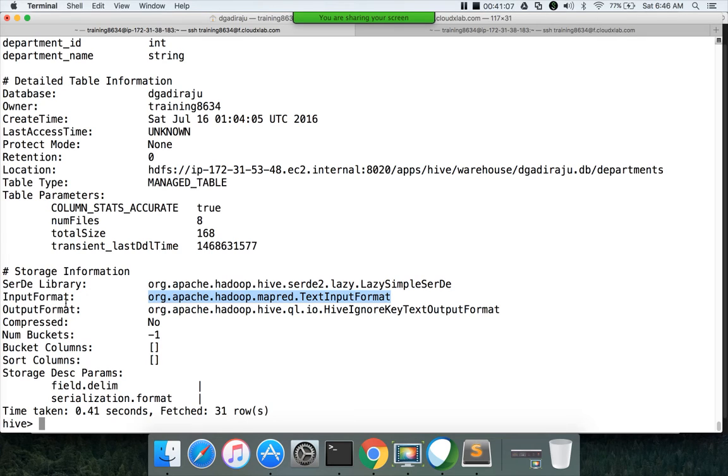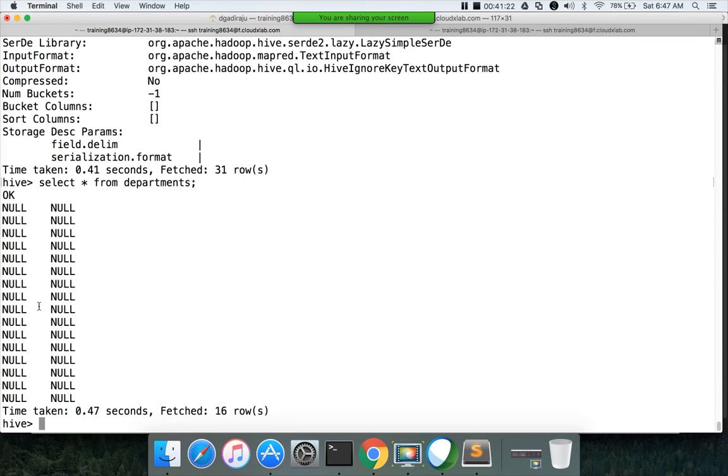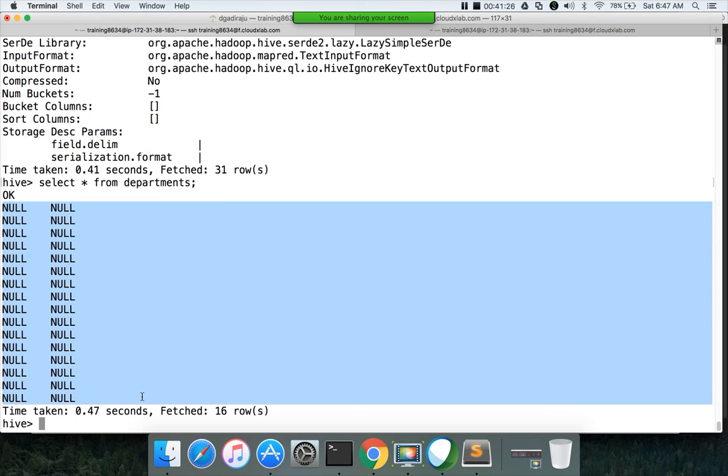If you try to copy sequence files or Avro files or anything here using the load command, the files will be copied. But when you try to query the results, you will see incorrect or inconsistent results. Now if I run select star from departments, we see all null values here, because the structure is completely different from what you are trying to read. The data is comma separated there, so it will treat the entire record as the first column itself.